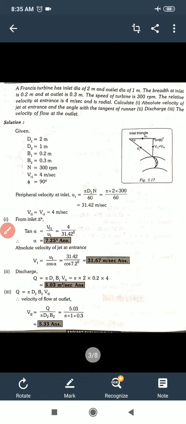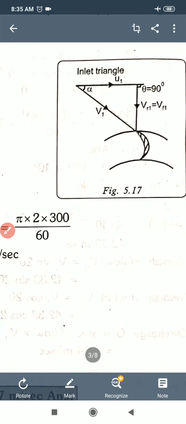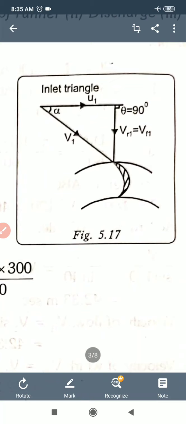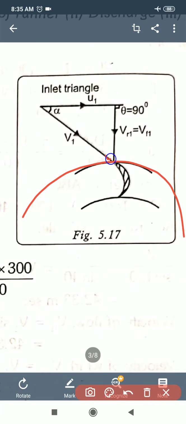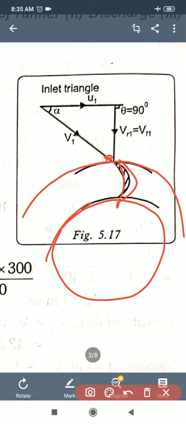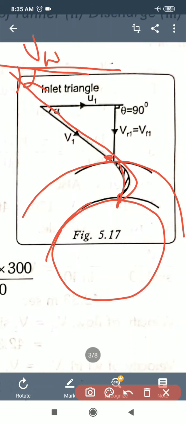Let's see the velocity diagram of that turbine. This is the velocity diagram for the Francis turbine for the given conditions, and this is the inlet portion of the turbine. As it is the blade, it is striking water here, and this one is the outlet, as water is leaving at this point. So water is striking with v1 velocity, with the angle alpha. This is the vw1 and the vertical component is vf1.